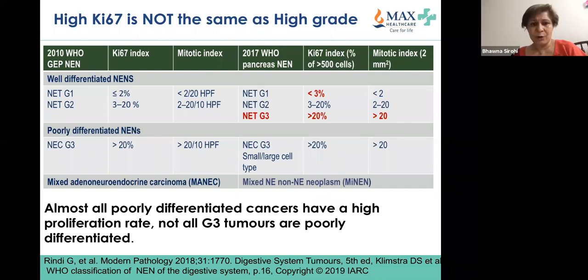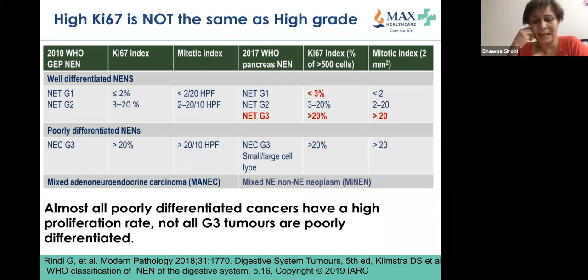So now coming on to well differentiated. High Ki67 does not mean it is high grade. So that is something which is new. Well differentiated grade 1 used to be Ki67 less than 2%. Now it is less than 3%. And for pancreas cancer,